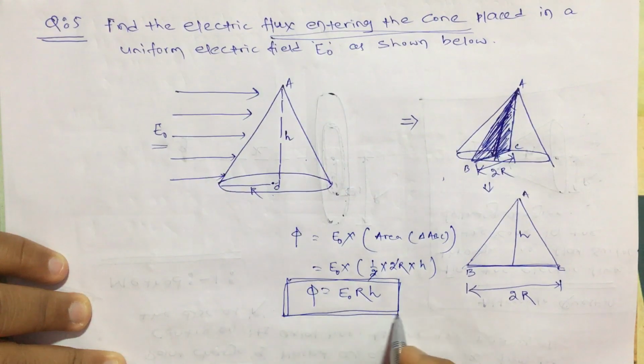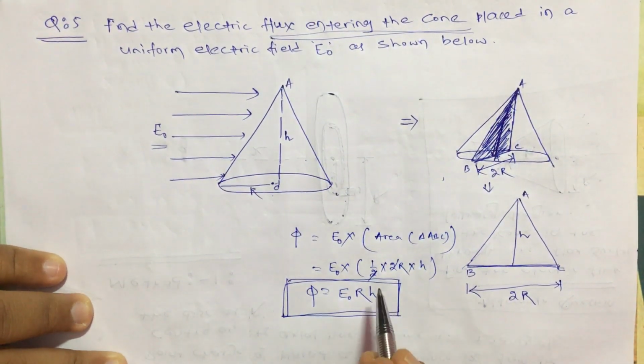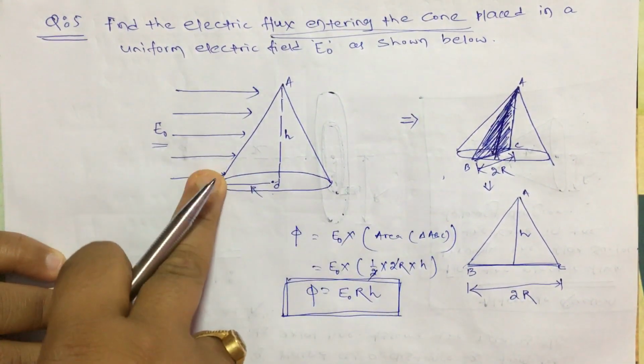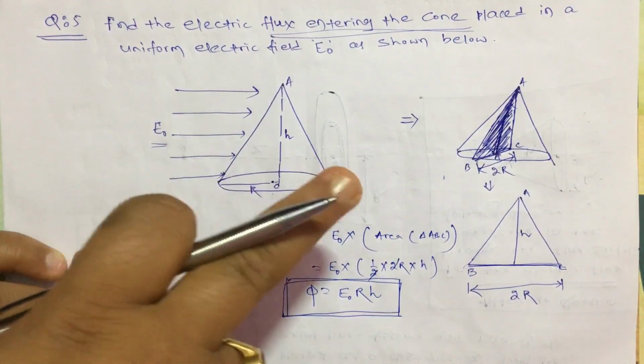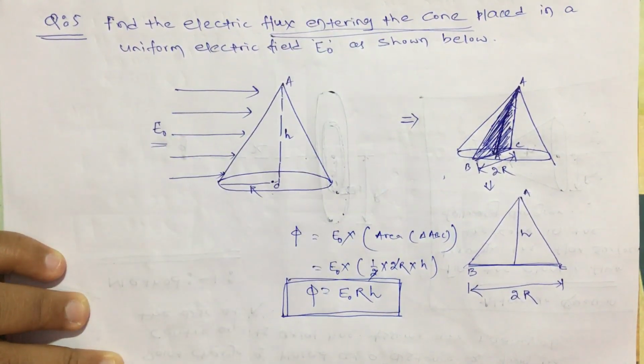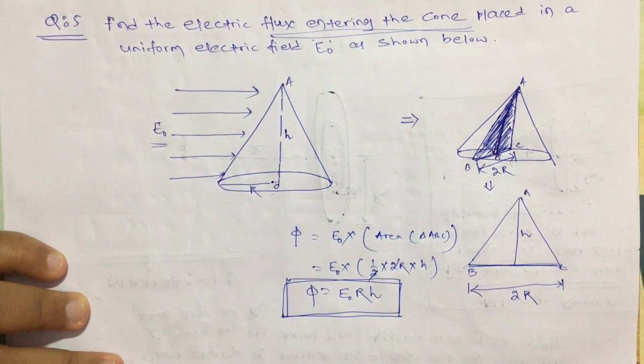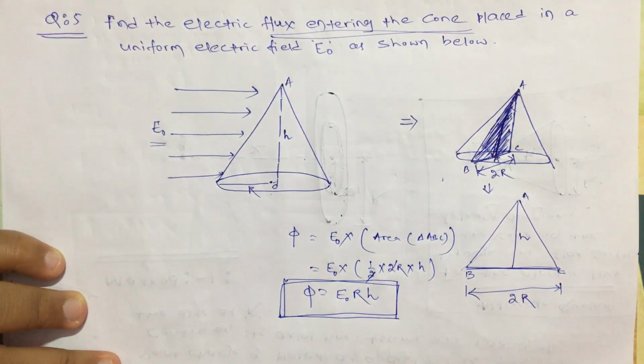Again let me tell, this method or this answer is not difficult. The difficult part is to imagine how the cone will look if we try to look from this side. I have tried my best. If it is not clear, then take a cone, try to look at it, and then find why I am talking about this triangle. Okay, now let us come to the next question.